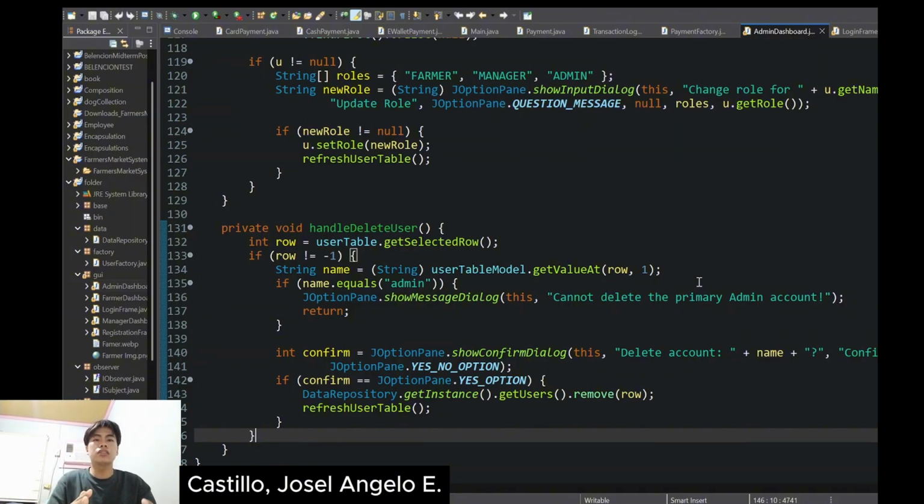So overall, the admin dashboard class effectively implements core user management operations: create, read, update, and delete, with a user-friendly graphical interface.